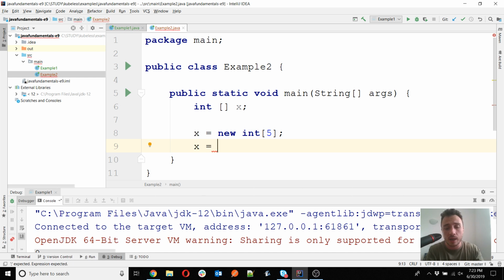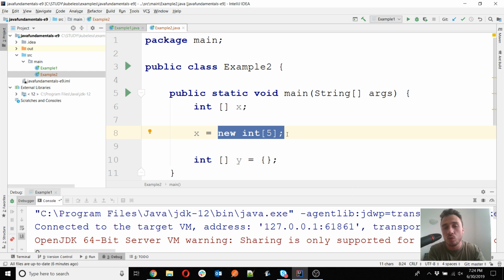Now I can use another kind of declaration, but you have to be really careful where you actually do that. It has to be an initialization itself, so you can't use it when you simply do an assignment if the variable was already declared. You have to use a declaration itself. So we will create here a Y, and instead of assigning an instance that is created by using the new operator, then the type and the brackets with the length that I presented above,